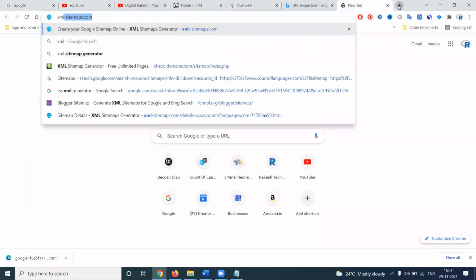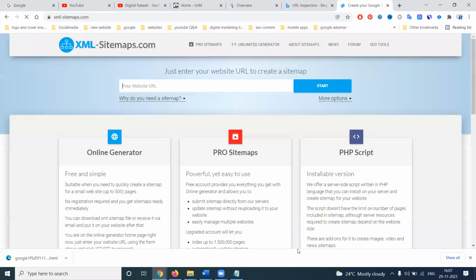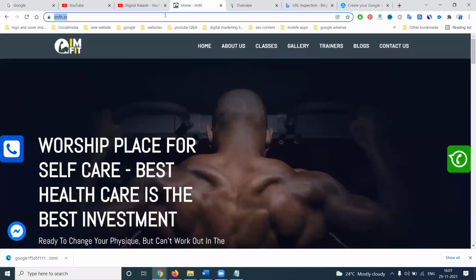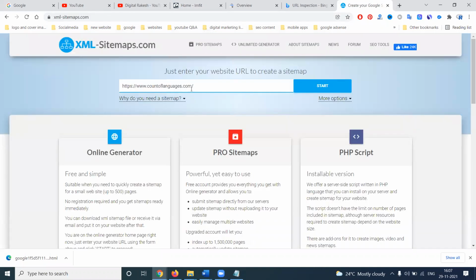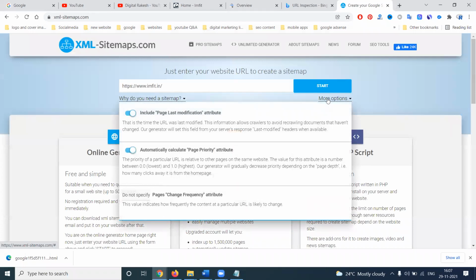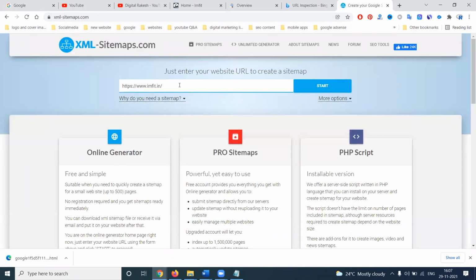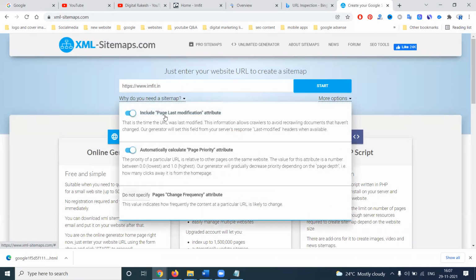First of all, this website needs an XML sitemap. First of all, copy the URL. What are the URLs in my website? We first of all download it. That is the XML sitemap option. Free Blogger and free WordPress already have a sitemap. We can only update the robots.txt file. This will provide information on my last modification.